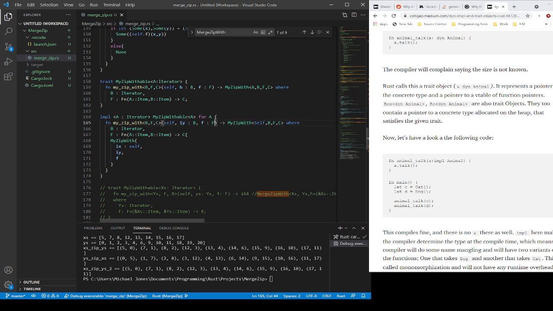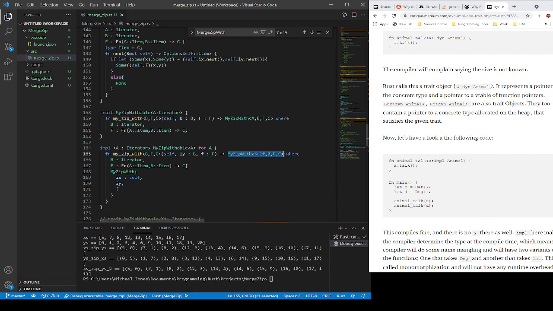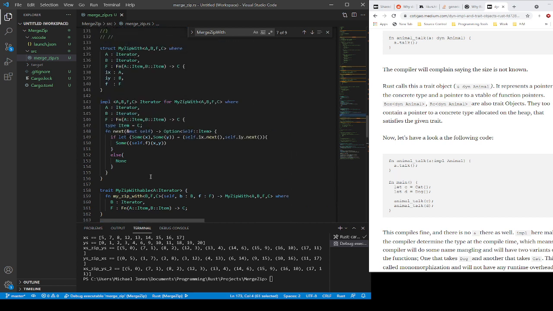I pass in the function to do the combining here, and then I build up the structure that is going to be used as an iterator here. And the actual data for that is here. And the data that I need to do this operation are the two iterators, the function to do the combining, and